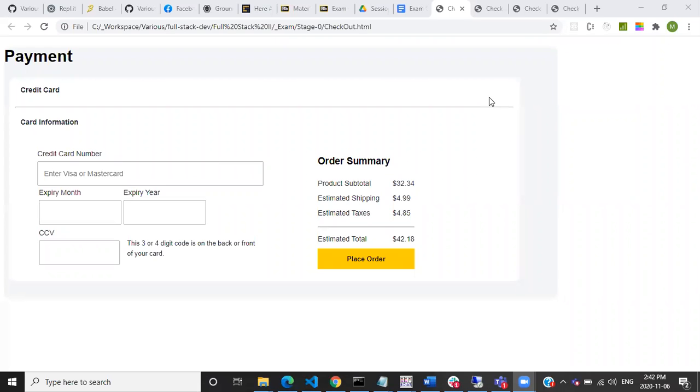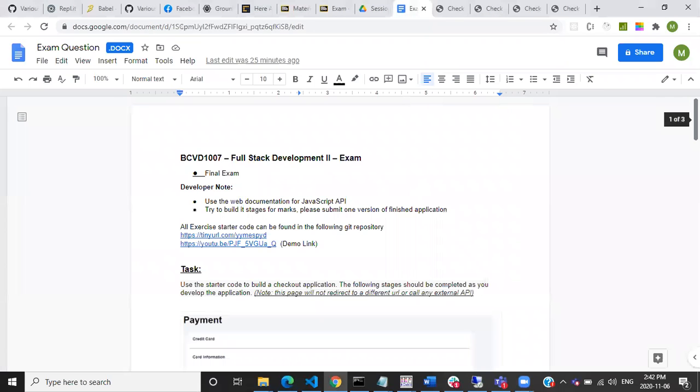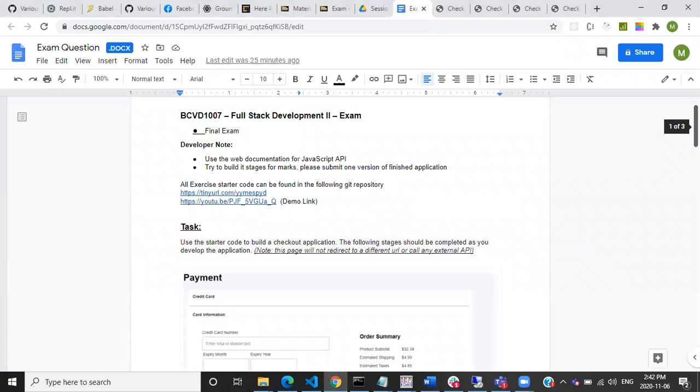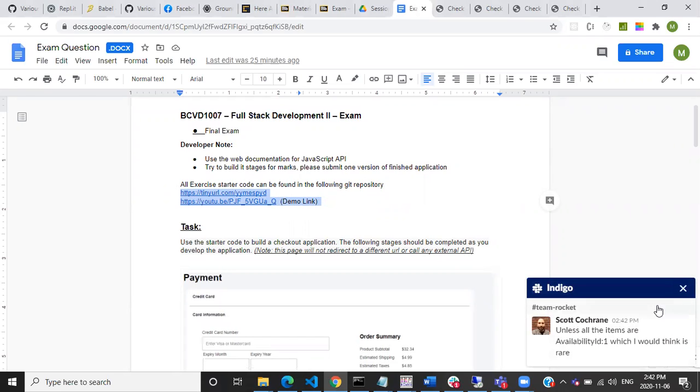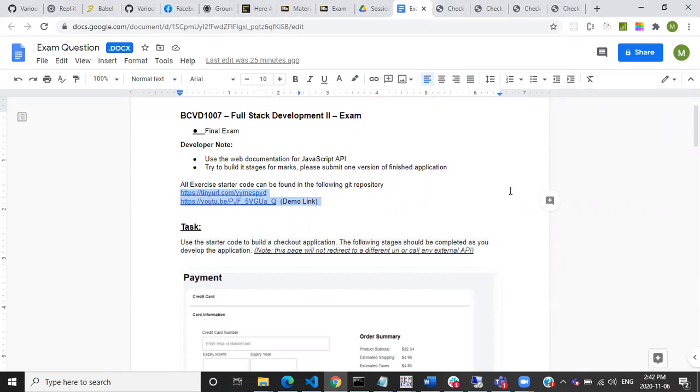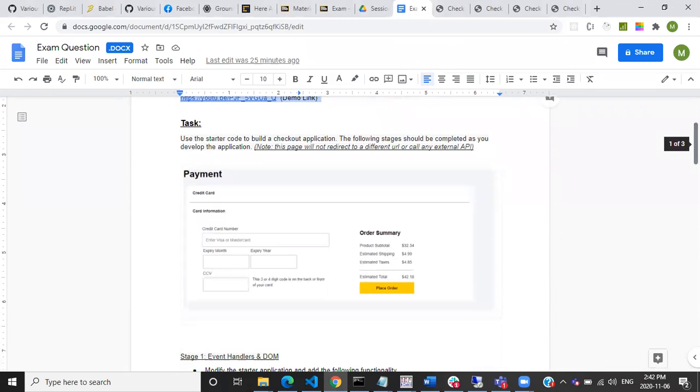All right, full stack 2, final exam, coding question. All right, so here's what it is. These will be updated obviously for the new Git repository as well as this demo as well. So really what we're doing is we're going to be resurrecting that